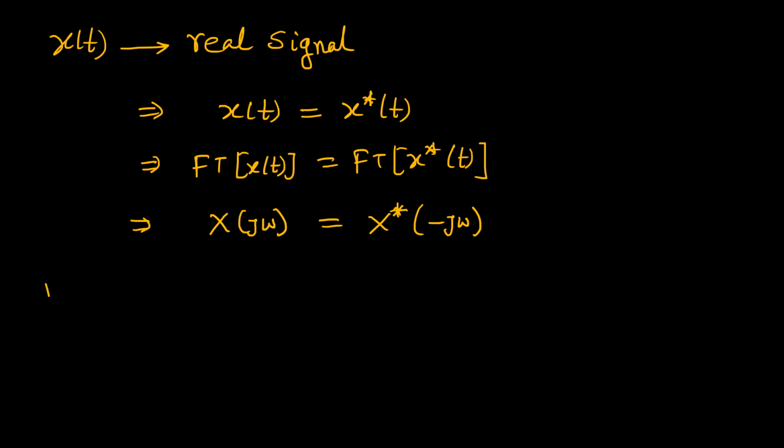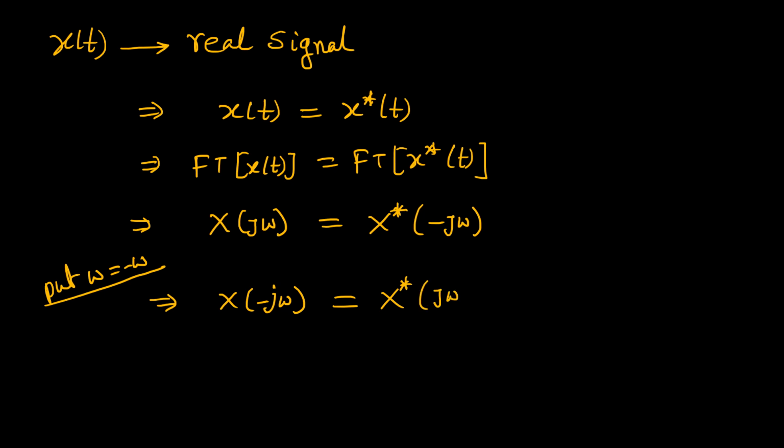Now replace omega by minus omega, then what will you get? Capital X of minus j omega will become X star of j omega, because this negative becomes positive,